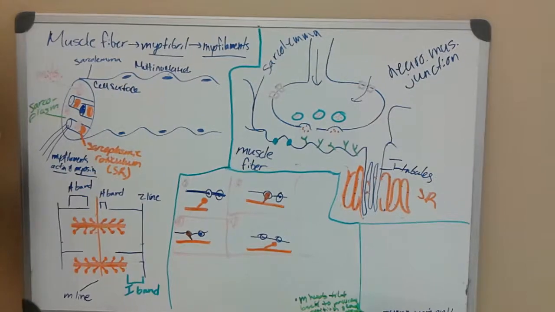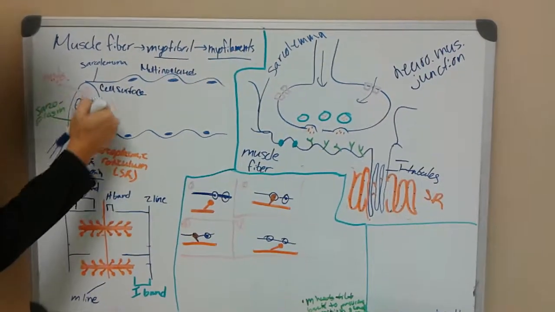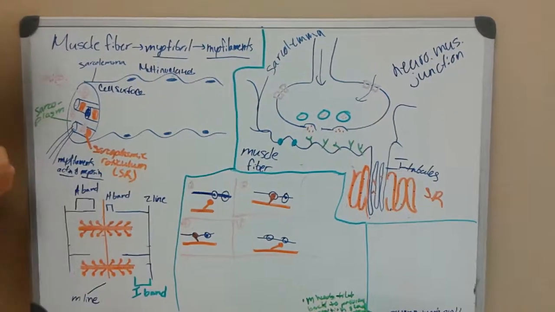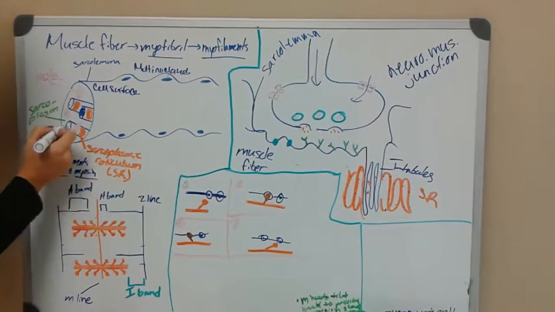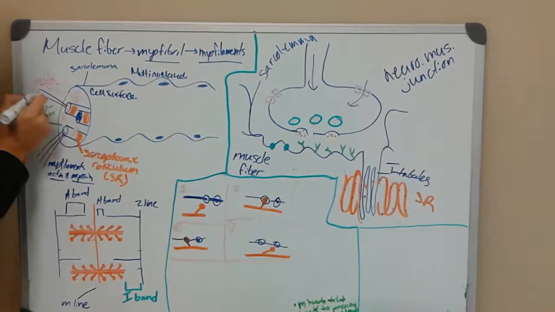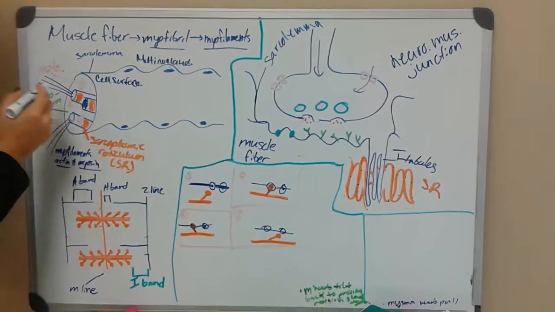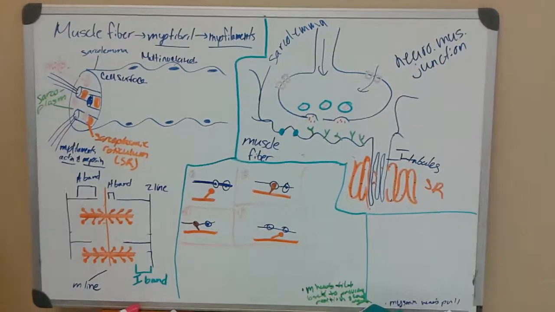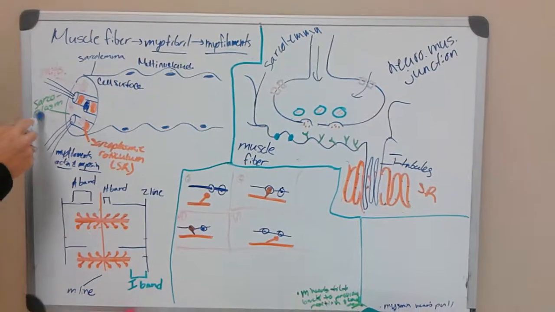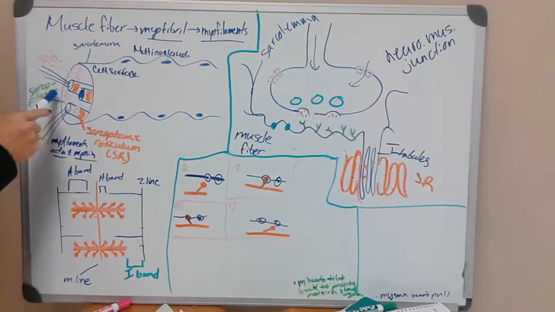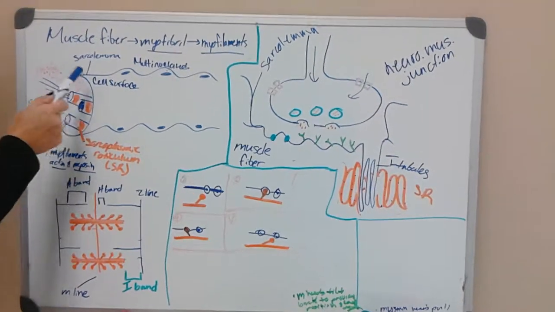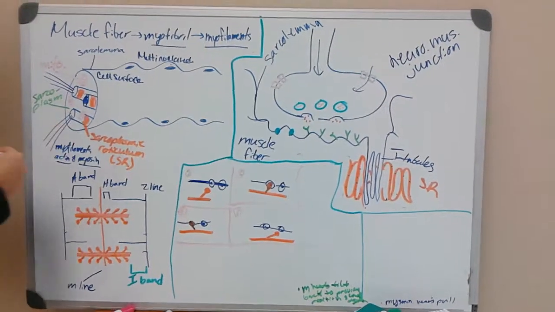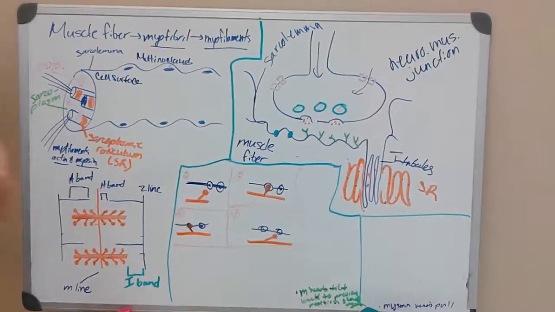And here we see that we also have on top of them the sarcoplasmic reticulum. This is the muscle fiber. And then inside of these, which are here and over here, we have myofilaments. It's also important to keep in mind that the sarcoplasm is the same as the cytoplasm in a regular cell. Here we have a lot of mitochondria inside the muscle cell because we need a lot of ATP